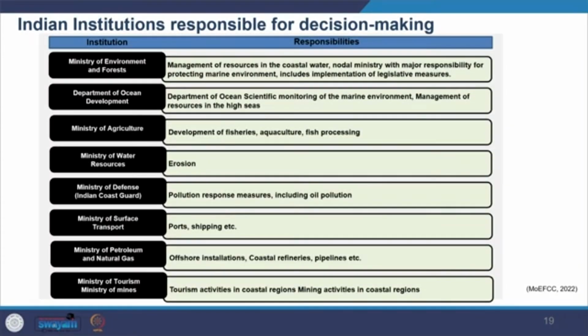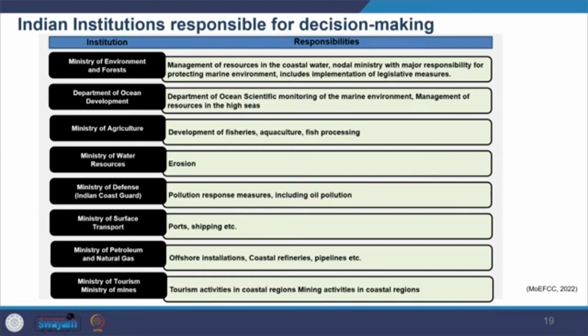Because of these complexities, there is no overall authority which is responsible for management of oceans and coastal resources. So you see there are a lot of domains here, and a lot of complexity here. Plus there are multiple authorities involved. Responsibilities are shared among several central and local agencies with varying responsibilities and limits of jurisdiction, like what would be under whose control. So, for example, you can see here